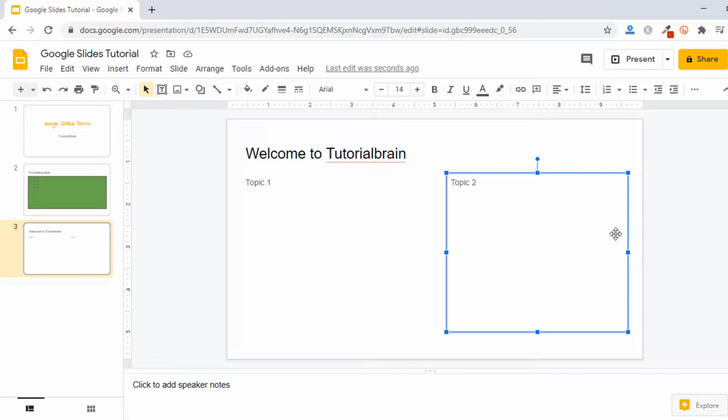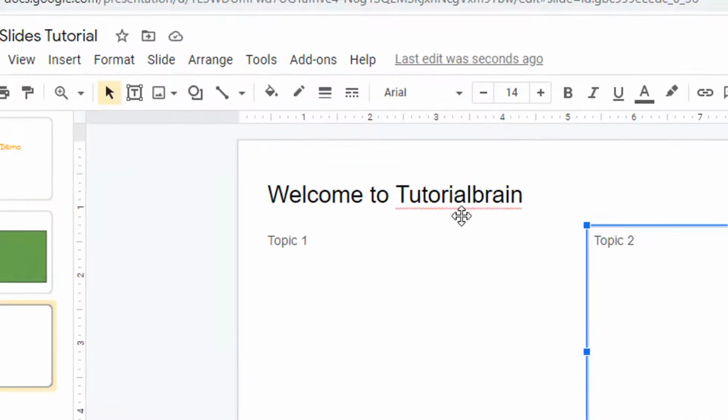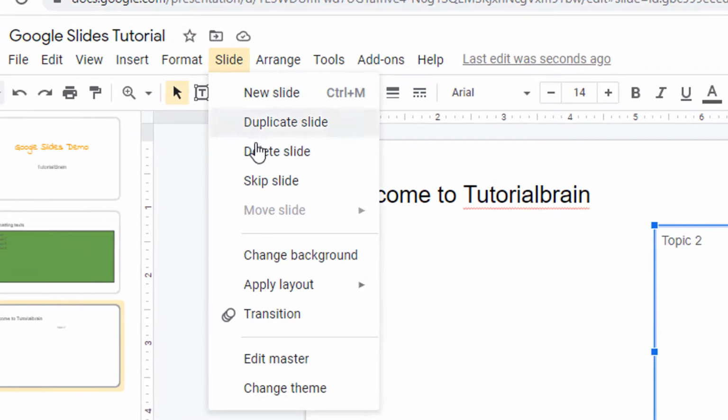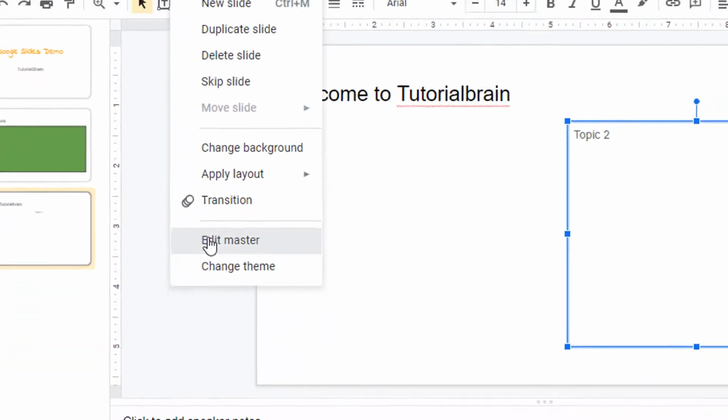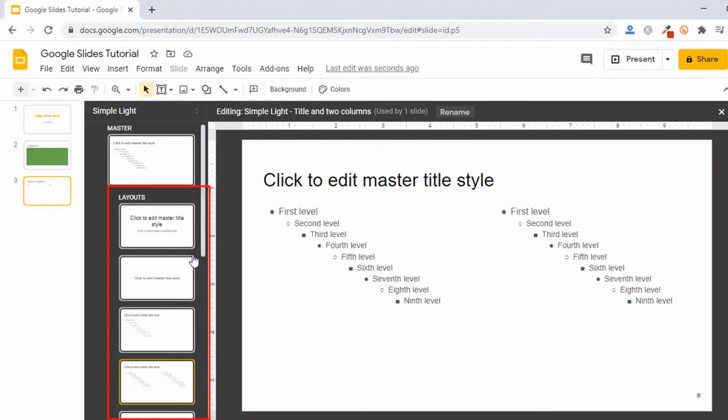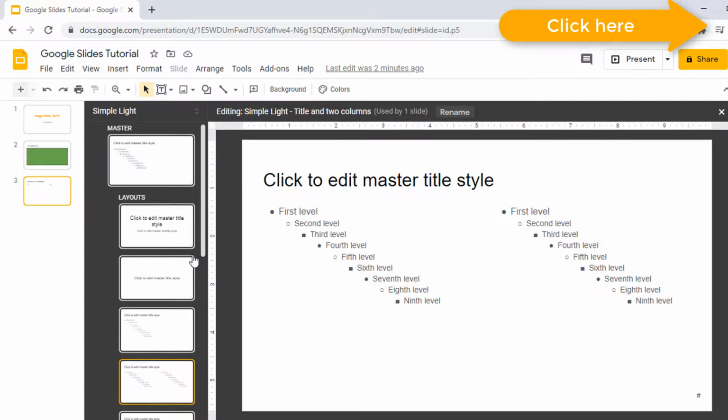You can also see the available layouts from your slides under slide by going to edit master. So if I go to slide, under slide you see you have an option of edit master, and if you come here you can check all the available layouts for your slide. Now I'm not going to explain about master slide here. It is very important, so I have a complete video for slide master, and I will also add the link of that video in the description, or you can click on the I button here in the video.